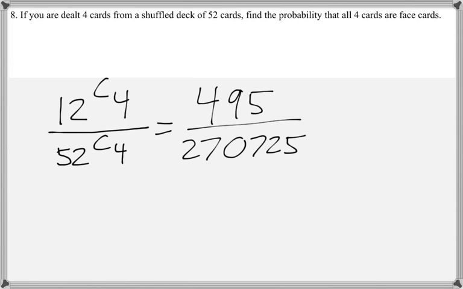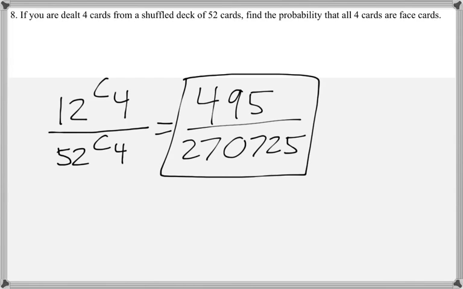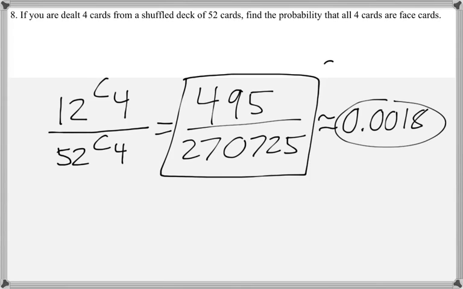270,725. Now, because this is such a big number, some calculators won't be able to reduce this fraction. So I'll accept the unreduced form. Or if you want to put the decimal, that's okay as well. So 0.0018. So either way,